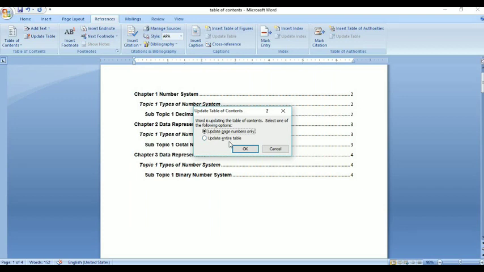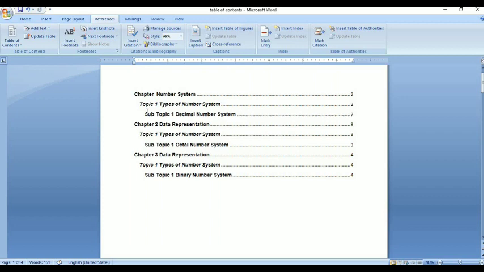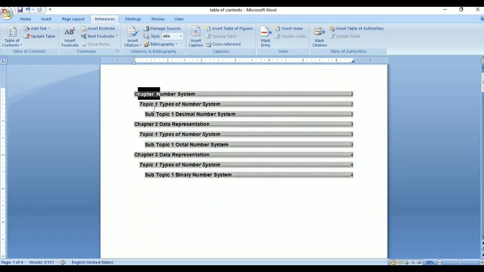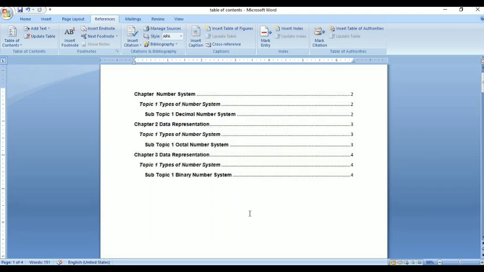Update page numbers only means if you want to modify your page numbers, but in this case I want to modify our content which is written in the table of content. So select the second option, update entire table, and then click the OK button. You will see the change. Now it shows only chapter instead of chapter. Clear?